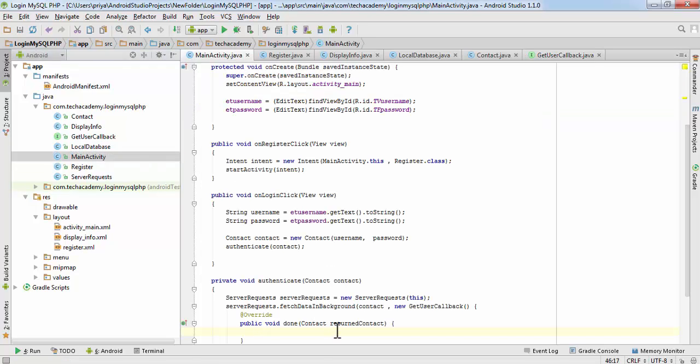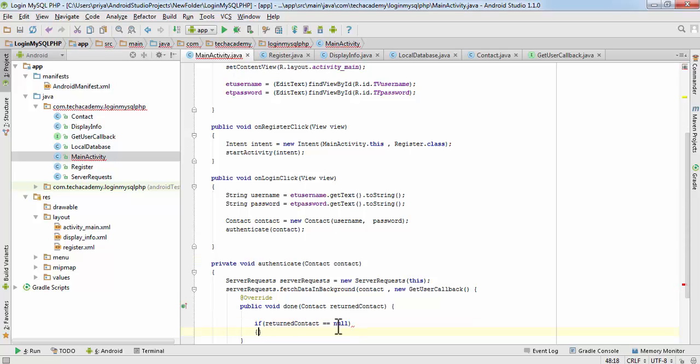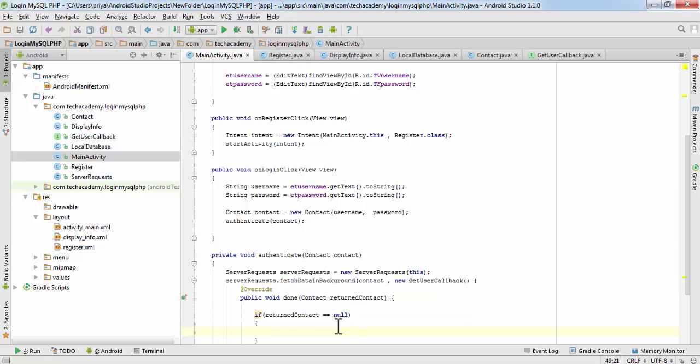So that's why we create interface. So here in the done method, write if return contact is equal to null. So if return contact is equal to null, it means that the password and username pair does not exist, or that username is not registered yet.